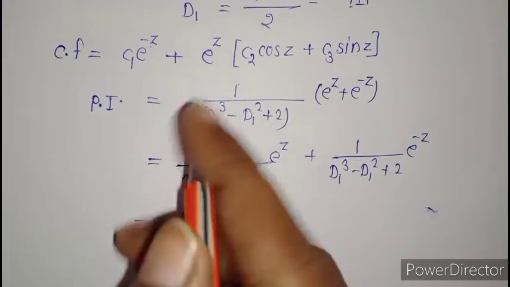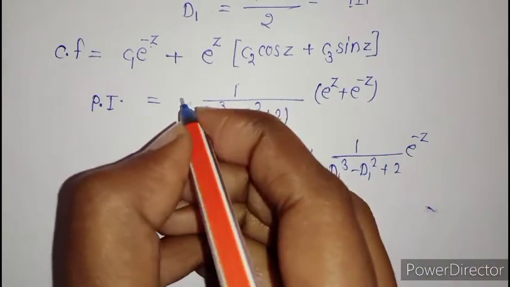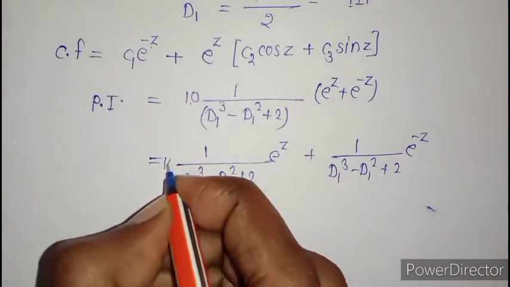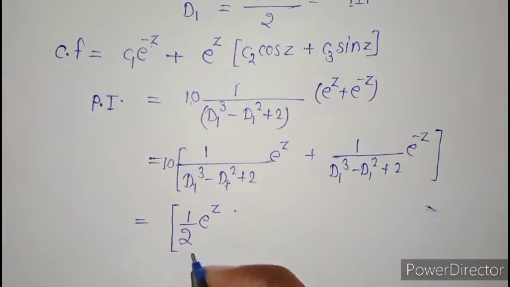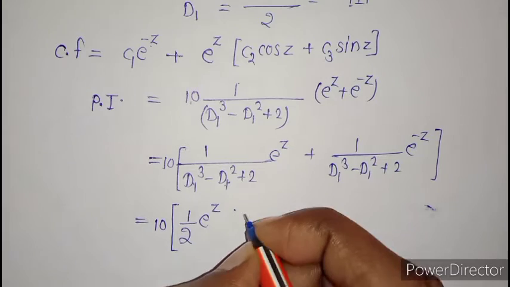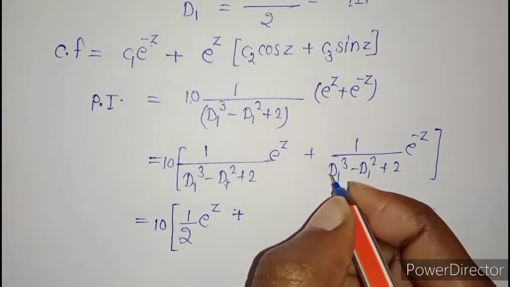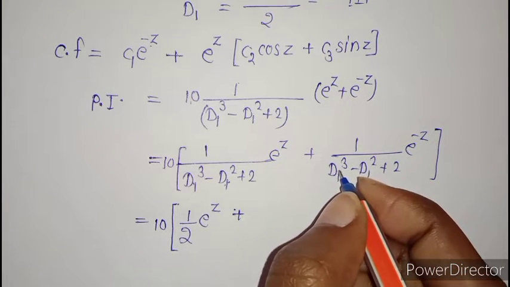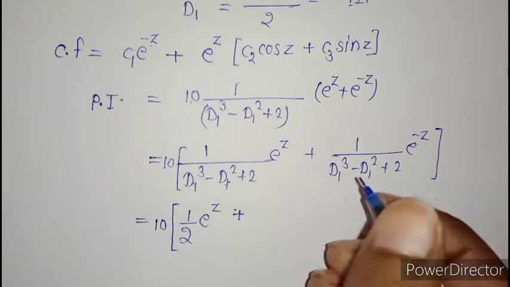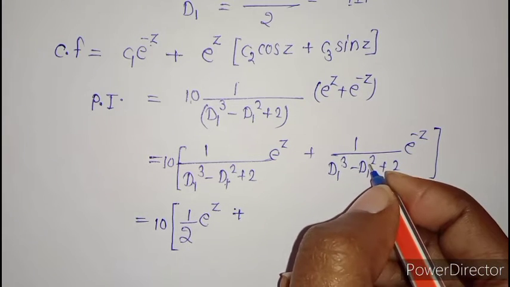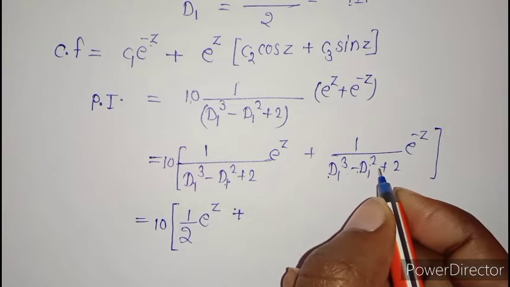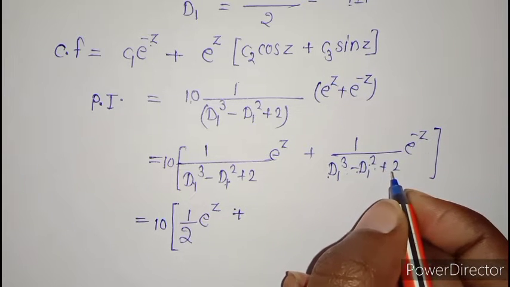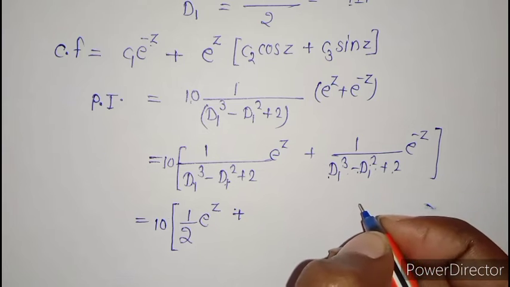Actually in the question there was a constant term also, that is 10, so we will take it outside. So it becomes like this. So 10 is here, and if we solve this, then this becomes -1, because -1 raised to power 3 becomes -1, and this becomes -1 again. So -1 minus 1 becomes -2, and -2, when added with +2, becomes 0. So we cannot apply this method.